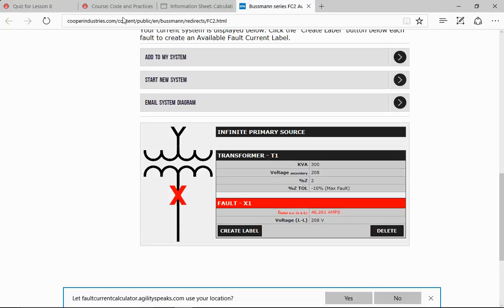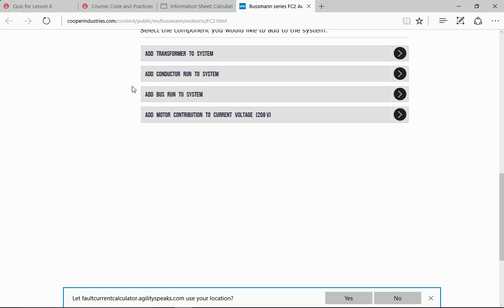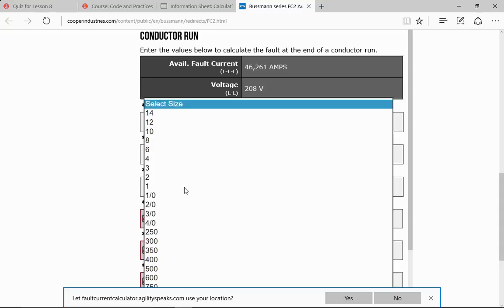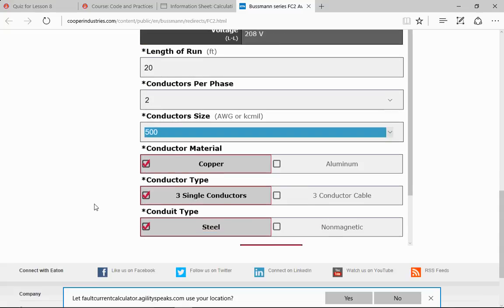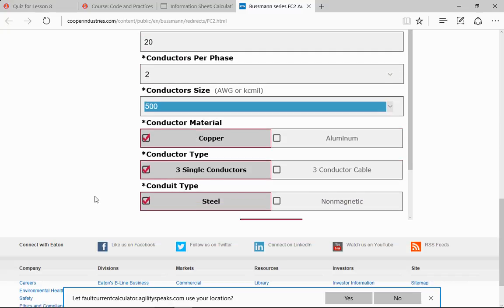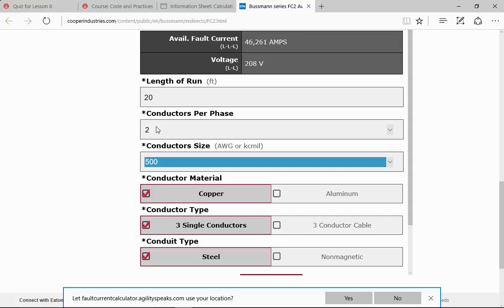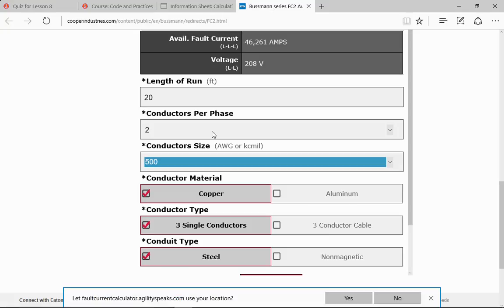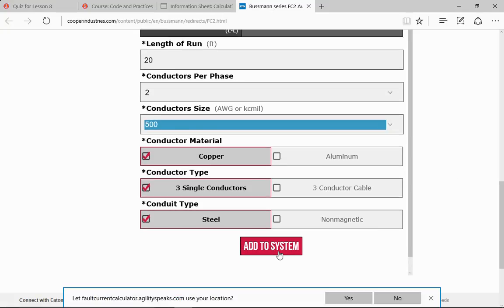So I'm going to add to my system, which is good. This is 0.1. 0.2 is add a conductor run, and it said it was 20 feet, 2 conductors per phase, wire size was 500. Right, so 2 conductors, 20 feet, 2 conductors, 500 kcmil. So I'm going to scroll this down, add to the system,